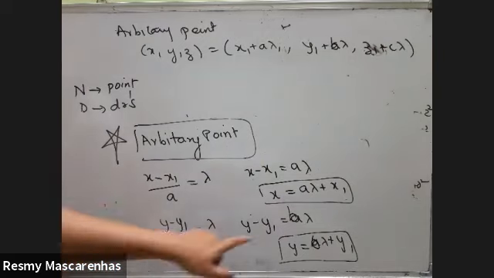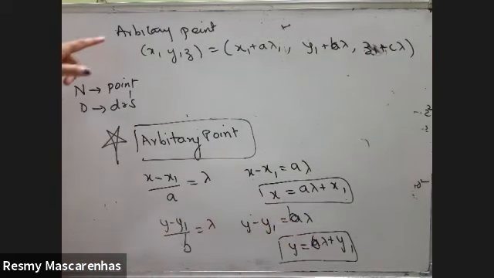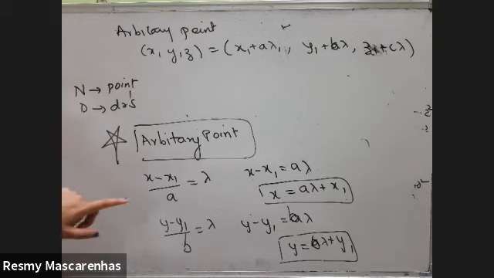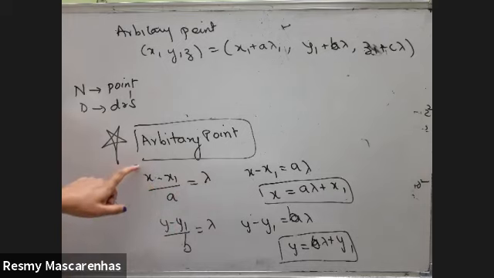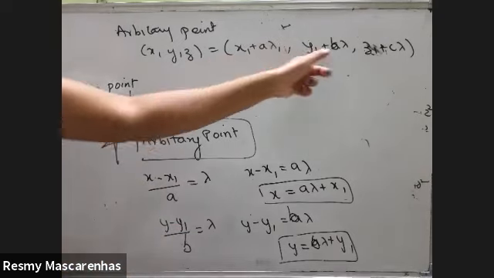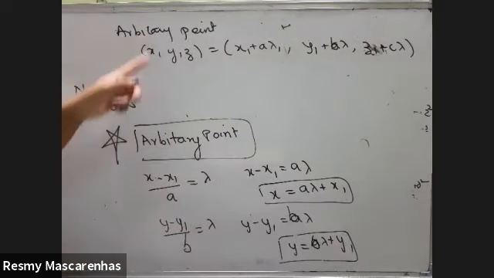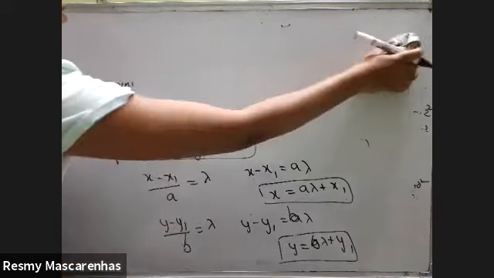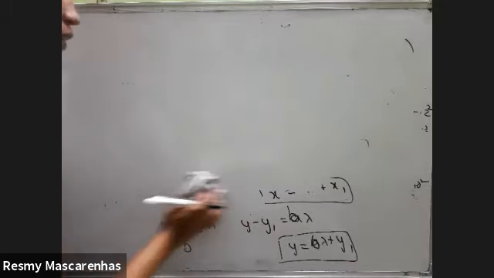This is B, so this will be B and this will also be B. So anytime, arbitrary. Again, I'll revise this while solving the problem. Anytime you have to find an arbitrary point, just equate it to lambda, find the value of x. Same way, equate the second part, find the value of y, and then z, and all together you write and put it in the bracket, so that becomes the arbitrary point. So this is what we have done now, vector and Cartesian equation of a line.